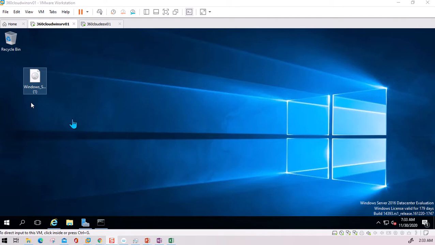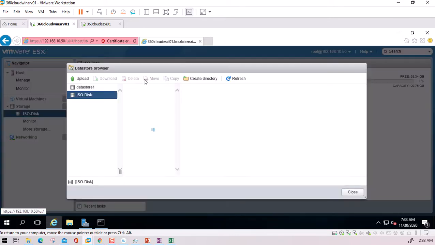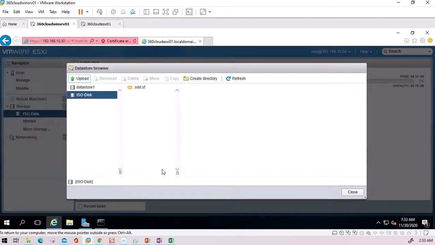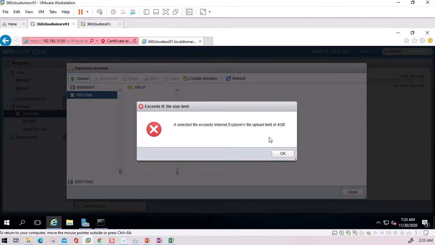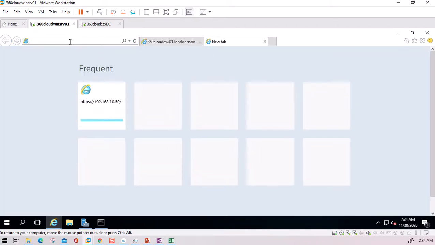Okay, the ISO is copied, and all I need to do is go to the storage and go to data store. So I'm in the storage, and in ISO data store I can upload this, so this exceeds the 4G limit. Yeah, this is why I was saying that we need another browser. So what I'm gonna do is I'm gonna go to